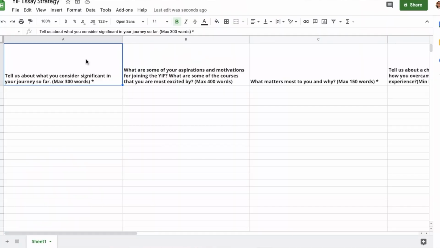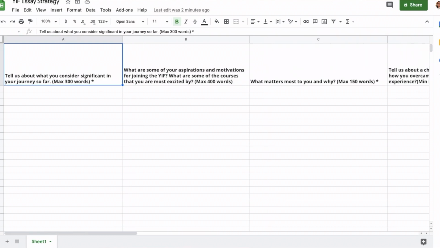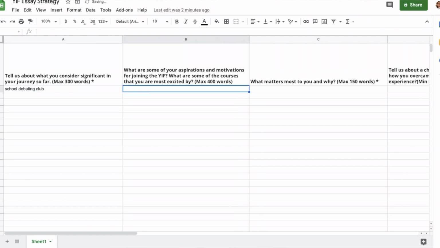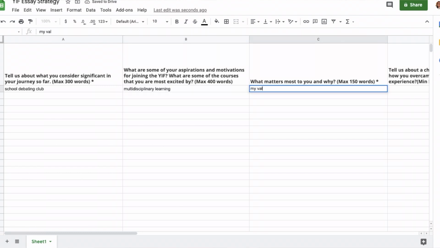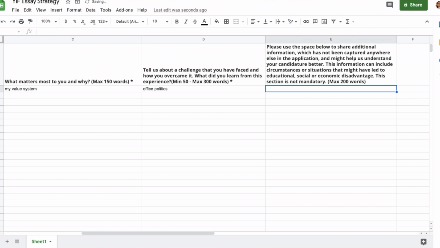Now what you do is, open an Excel file. In the first vertical column, write the topic of the first essay. In the second column, write the second essay, and the same way you write all the 5 essay topics in each of the vertical columns. The next thing you do is look at all your life events that you have and see which event and which aspect of that event you want to cover in which answer. Make sure you structure it like that and start using that content to build your essay to ensure that there isn't much overlap.